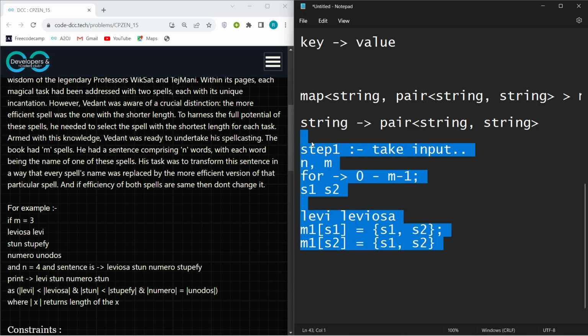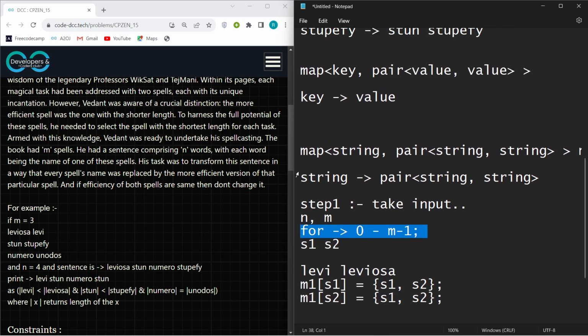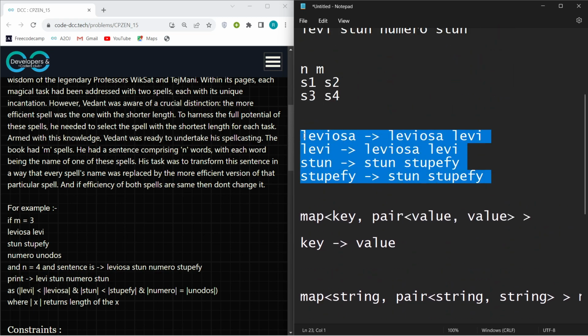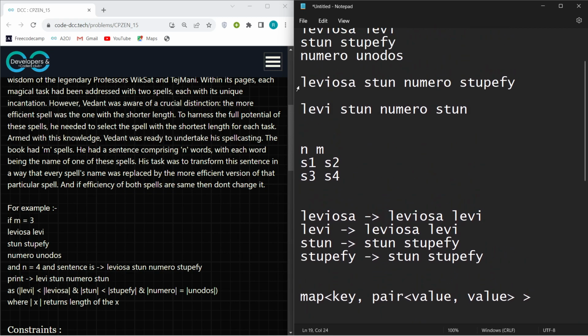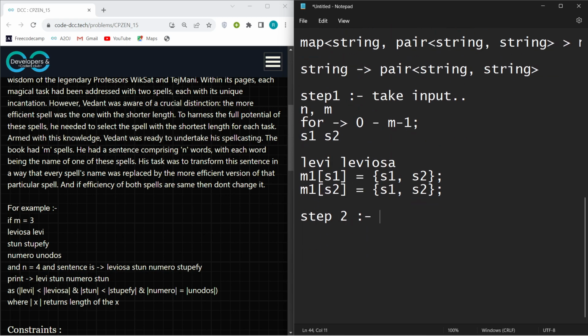So yeah, this is the first step. And after completion of this step, you have to do step 2. So after completion of step 1, you will have something like this. Against any particular spell, its corresponding two spells will be stored, that particular spell and the other one. And after that, you just have to check every string in this sentence from 0 to n, which spell should be taken. Okay, so in step 2, take